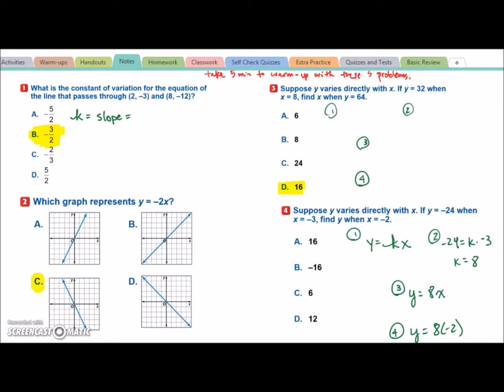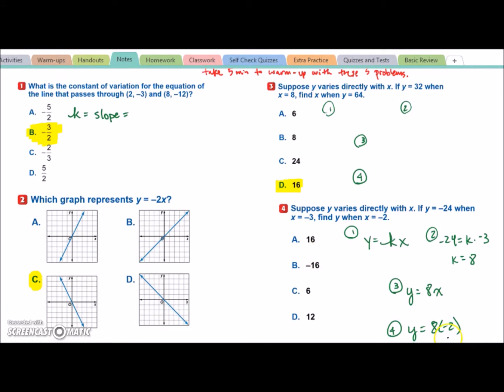Okay, so you've had time to hopefully do the warm-up exercises. This is reviewing last night's homework and lesson. So let's look at these. The answers are highlighted, mostly, except for this last one, which should be -16. So the first one says, what is the constant of variation for the equation of the line that passes